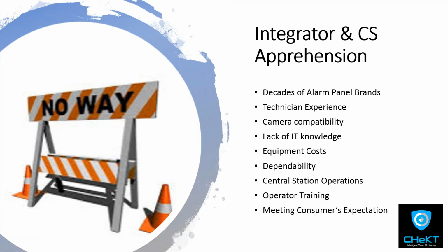These things create some apprehension in dealers. And so we feel at CHeKT, we've overcome many of these challenges, if not all of them, to create a solution that allows a dealer to utilize existing equipment, utilizing existing cameras, and not have a lot of IT cost or equipment expenses and time on a job, and know that the site will work when the site goes into